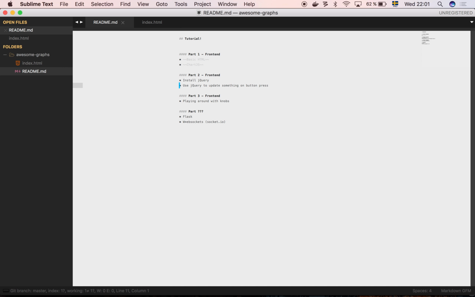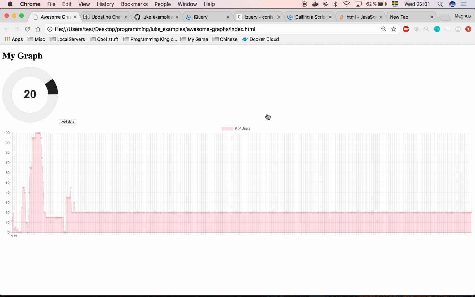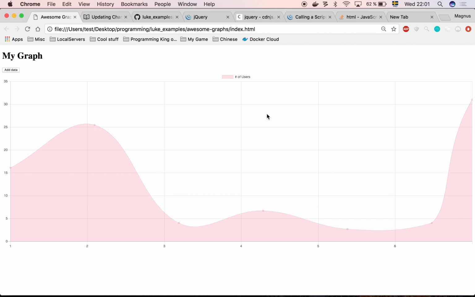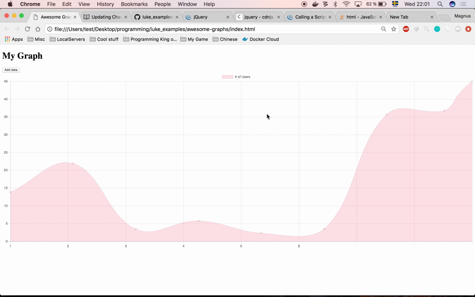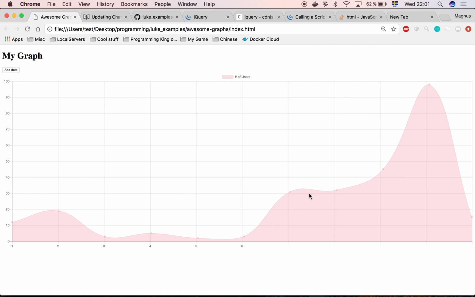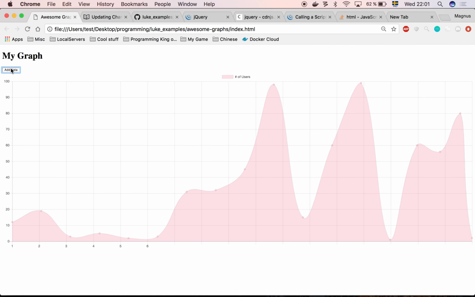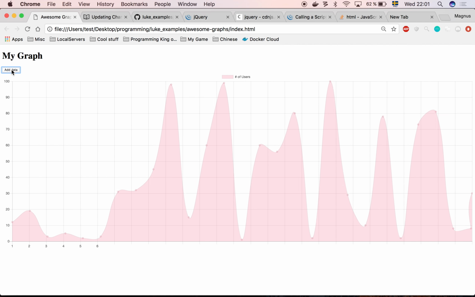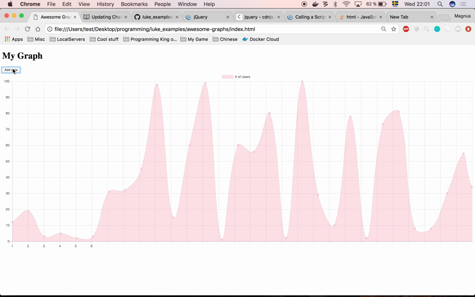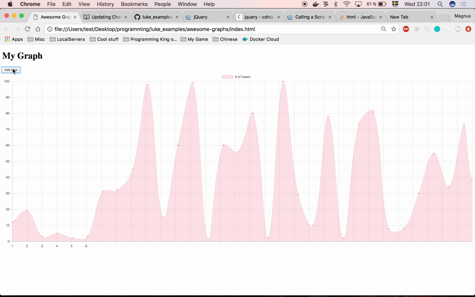Last time we covered some jQuery. We can check where we were. Something like this. We had some randomly generated data that was added every second. We can also add extra data with our button. Very nice. Originally, I was planning to do something about